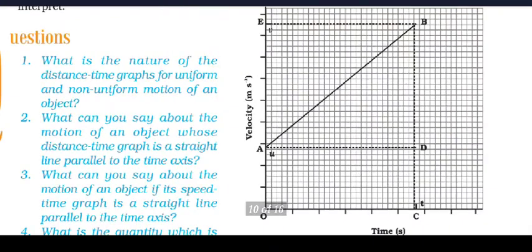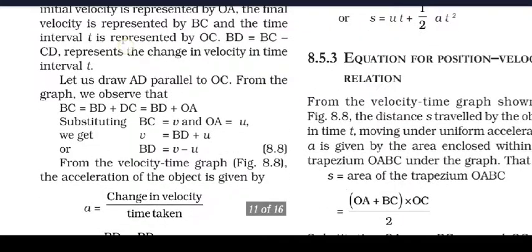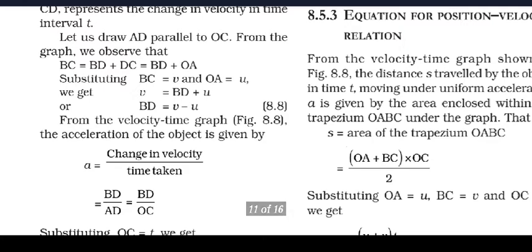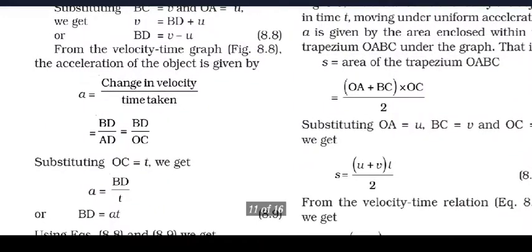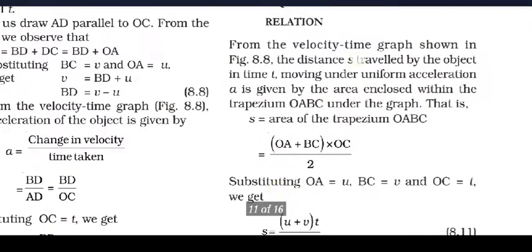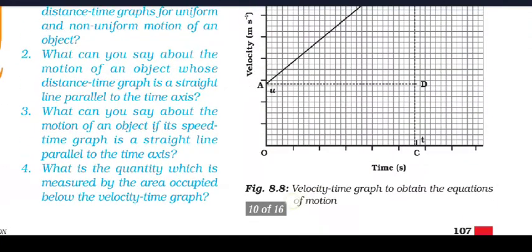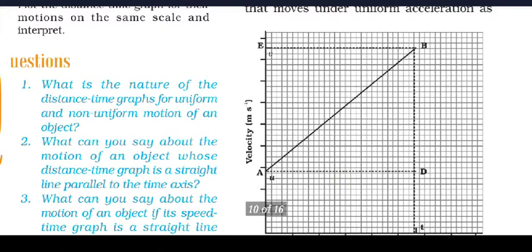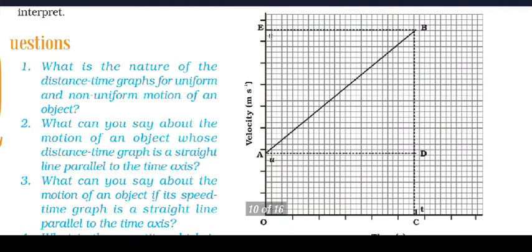I hope you get this first equation of motion, and I am just repeating the terms and conditions I am applying here. Firstly, the lines BC and BE are two parallel lines. We draw AD which is parallel to OC. Now BC is equal to BD plus DC, and if DC is parallel to OC, then we can also place it in the form of OA. So BC is equal to BD plus OA.